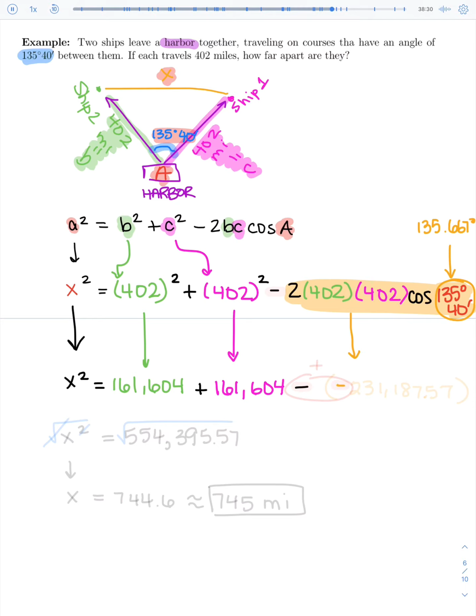So we get a negative 231,187.5, and depending on how you round, 7. Be careful, that whole value is negative, but there's also another issue. There was already a negative out in front of it, so the two negatives together will actually turn into a plus or a positive. So now all I have to do is add up all my numbers. And let's see what happens when I add up all my numbers here. What we get when we add up everything is